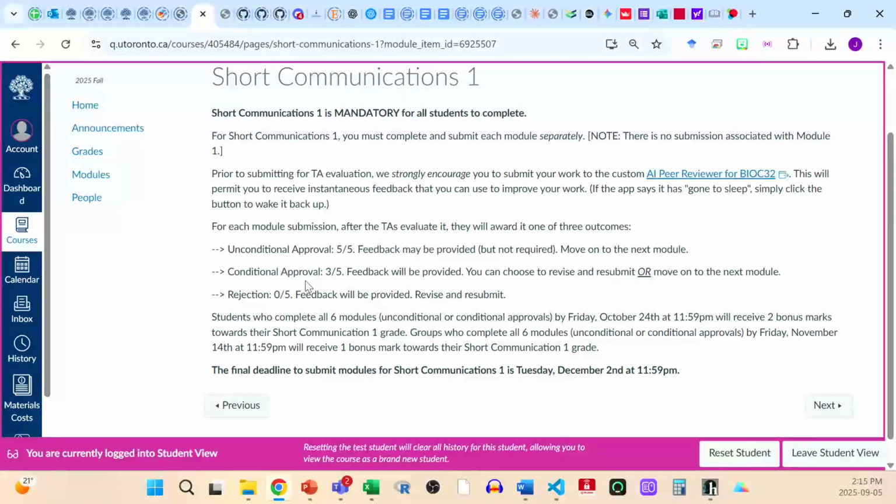Give them some time, right? They are doing other things aside from waiting for your submissions. So give them 3 business days, and if you haven't gotten feedback at that point, feel free to reach out to me and say, hey, this has been lingering around for more than 3 business days. Can you take care of it? And I will. But one of the things that I spent some time this summer doing was creating this AI